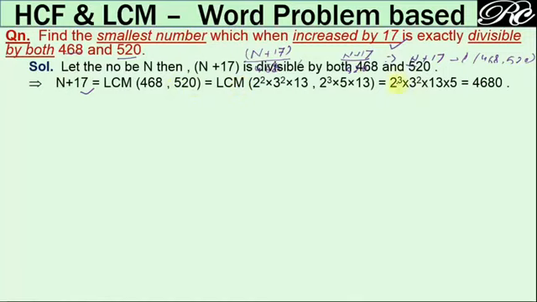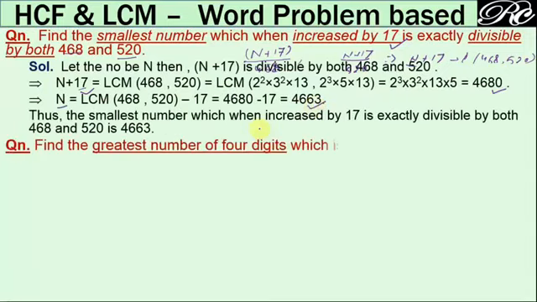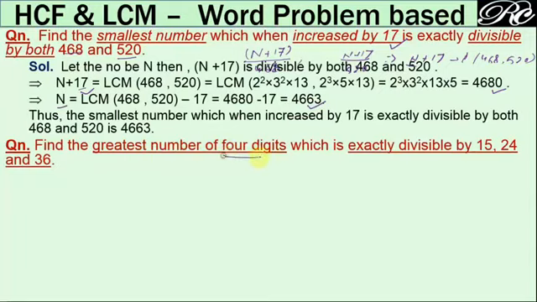It comes as 2 cube into 3 square into 13 into 5, which is 4680. Therefore, n can be calculated by transferring this 17 to the other side, and it is finally 4663. This is the answer. Next question: find the greatest number of 4 digits which is exactly divisible by 15, 24